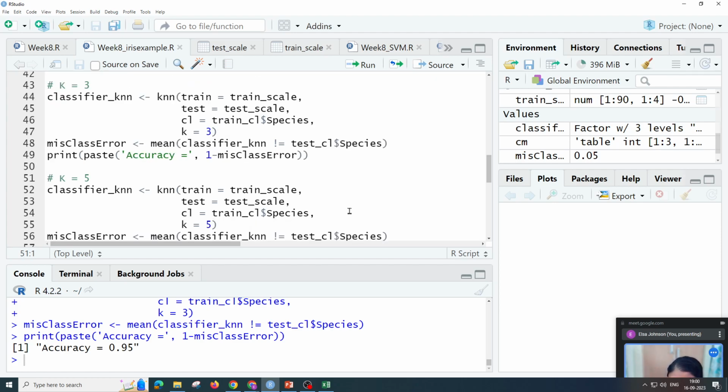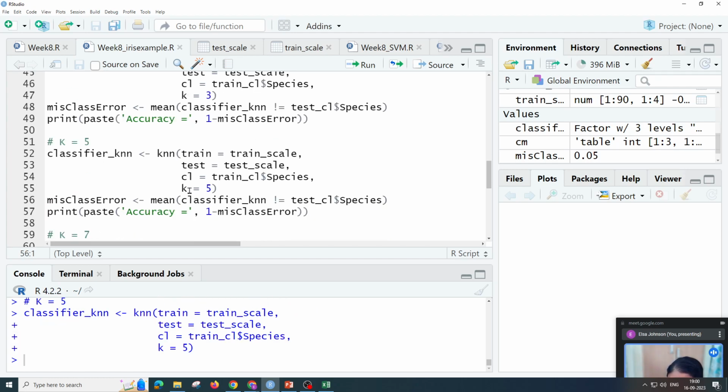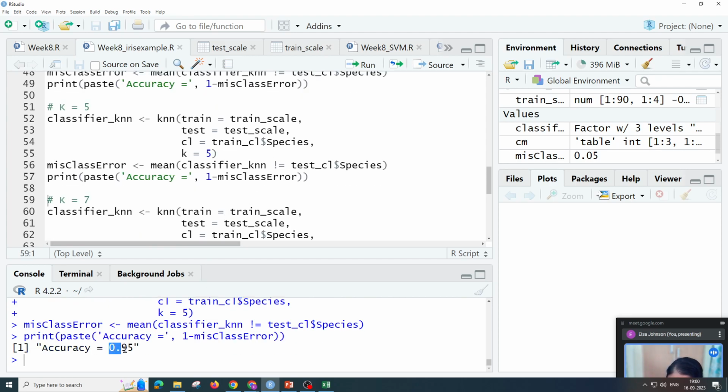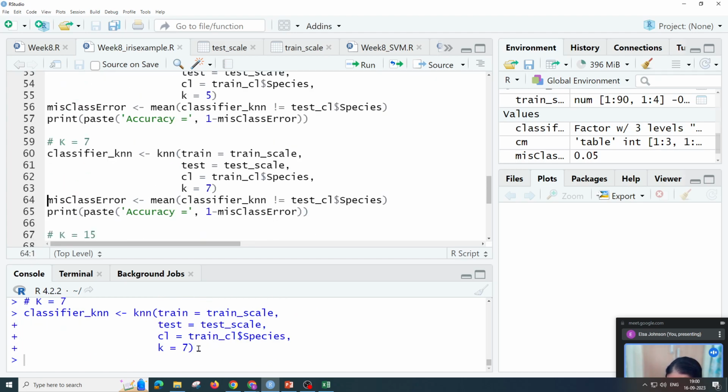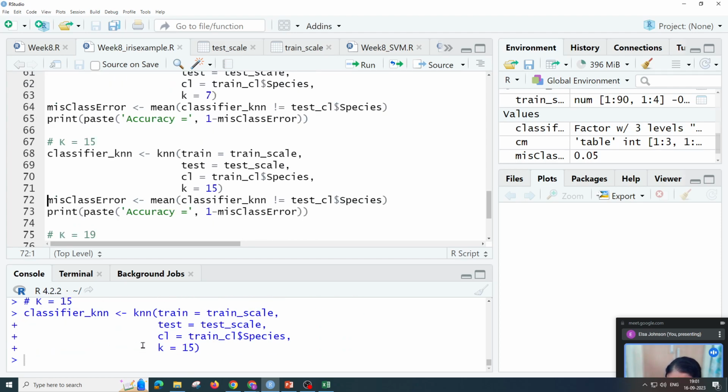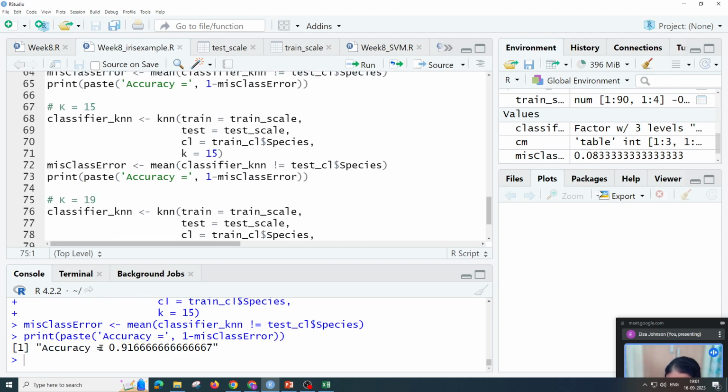Now k equal to 5, we are considering 5 nearest neighbors. So now we will see the misclassification error and the accuracy. Again, it is coming like 0.95, that means 95%. So for k equal to 3 as well as 5, the accuracy had come as 95%. Now classifier underscore KNN with the same things repeated for k equal to 7, and 7 also gives 95%. We'll see how 15 looks like. So 15 again goes down. For 15 it comes like